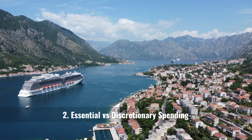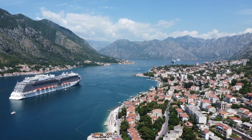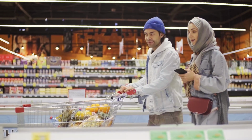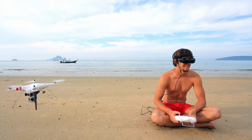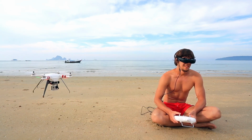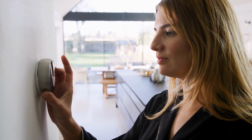Second, creating a discretionary spending tier by categorizing expenses as essential versus discretionary can provide more flexibility. Essential costs like food, utilities, housing are prioritized. But discretionary spending on travel, dining out and hobbies can be reduced in lean times without impacting livelihood. Setting up a two-tiered budget allows you to tighten or loosen the discretionary belt accordingly, and reduce spending during down